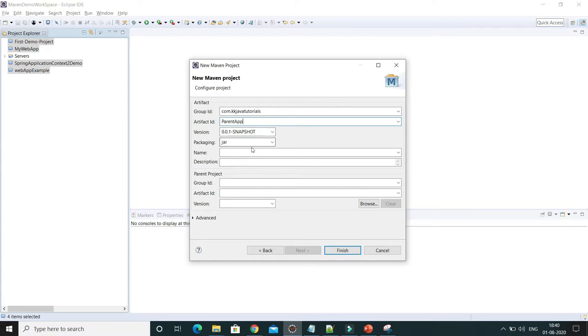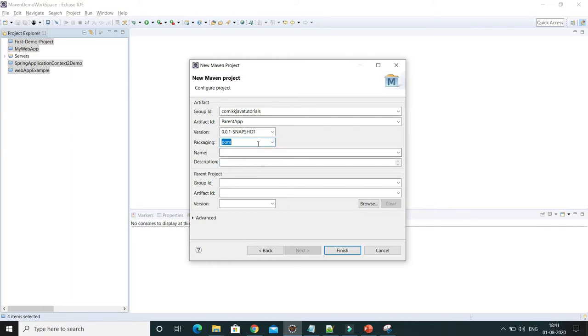And the most important thing you have to keep in mind is packaging. When you create a multi-module project, packaging should be POM for the parent project, right? In earlier videos we created two kinds of Maven projects. For the web-based Maven project we gave the packaging as war, and for the non-web-based application we gave the packaging as jar.